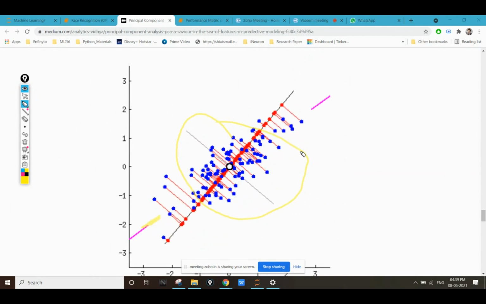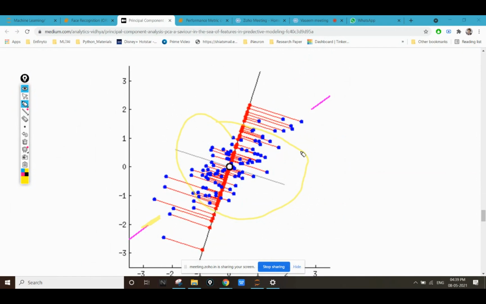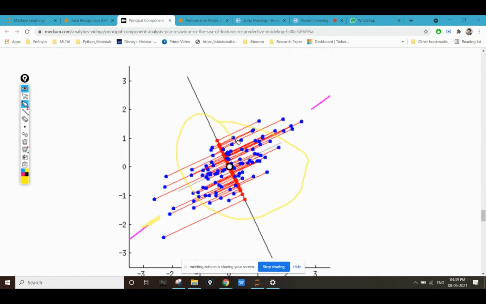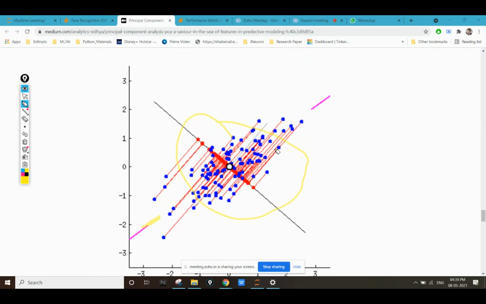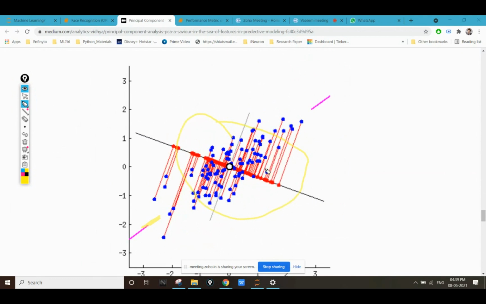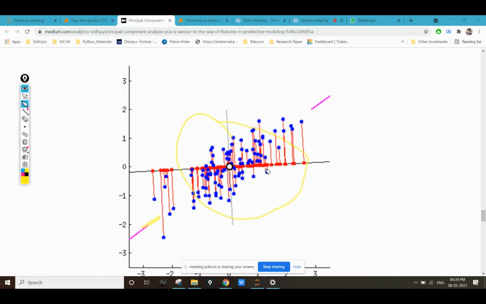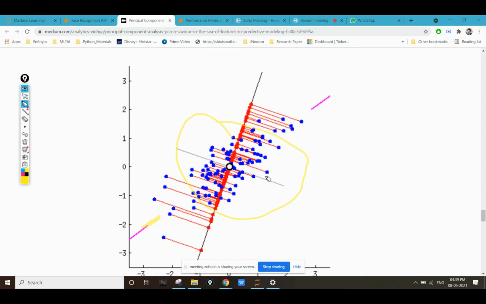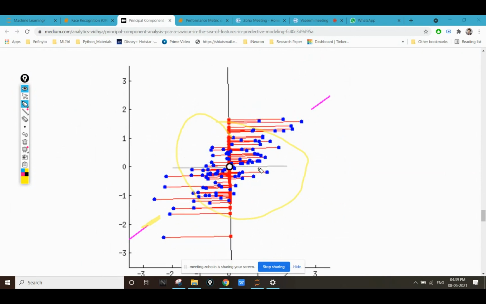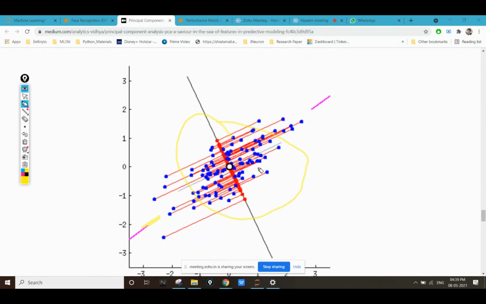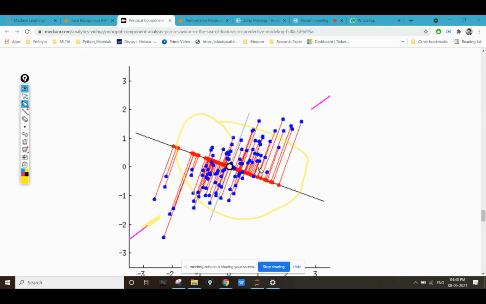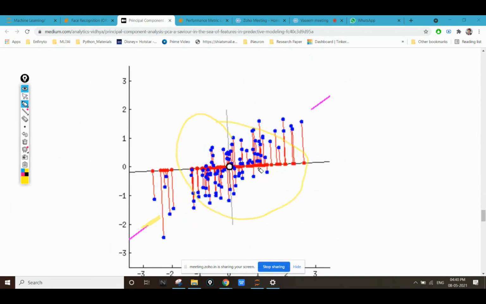Okay, so that I'm able to get the most amount of information, because in this condition, which is this figure, currently you can see that the summation of all the red lines is maximum, and in case the summation is maximum, we are able to get a minimum feature. So what I want is that for the projection line, the perpendicular line you are drawing here, if we do the summation of the distance of all the perpendicular lines, we should get the minimum possible value.